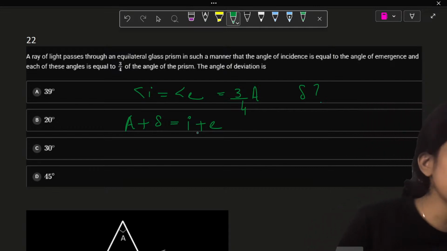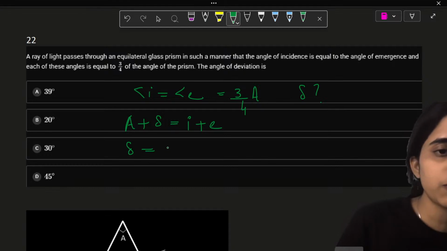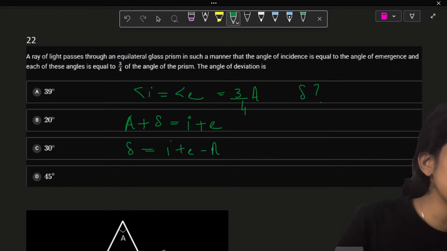Okay. So A plus delta is equal to I plus E. So quickly find out delta. Delta will be how much? I plus E minus A, which is